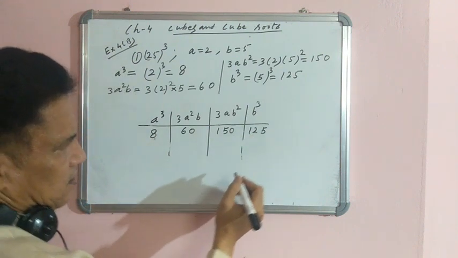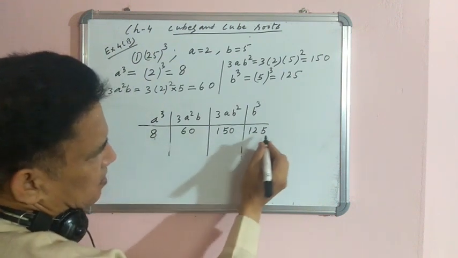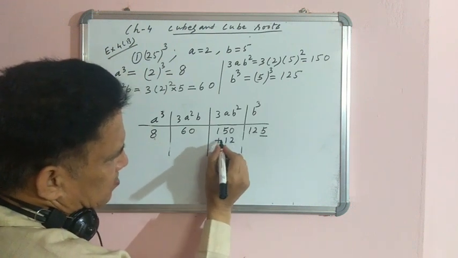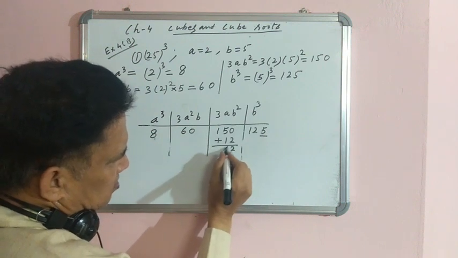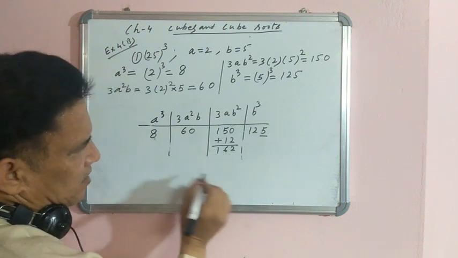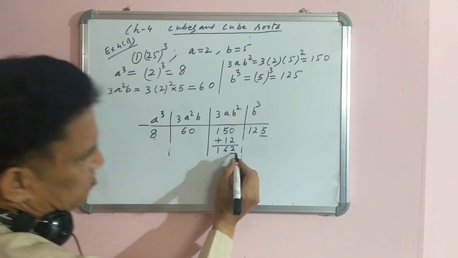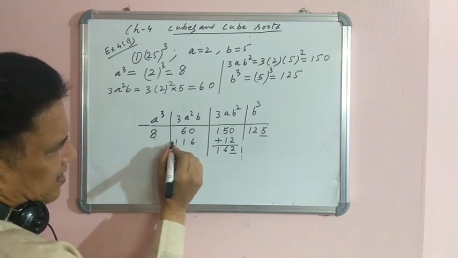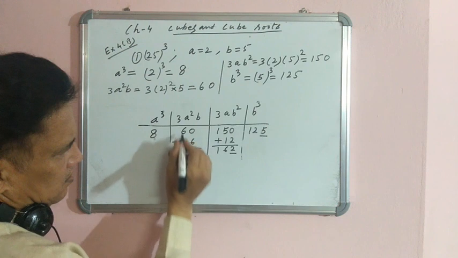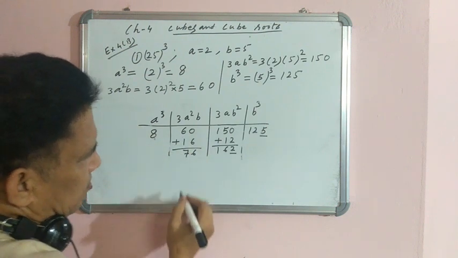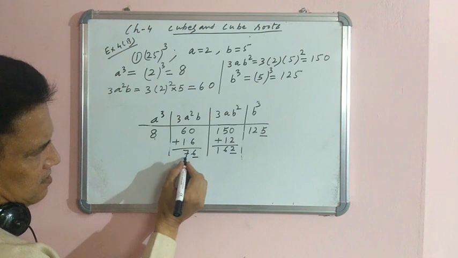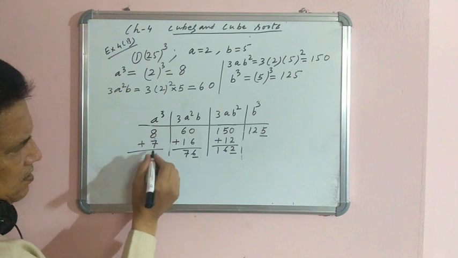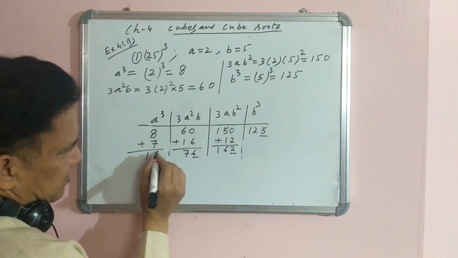Now underline the units place up to these columns here. 5 is there. Now 12 is left. We will take this 12 here. We will add this one: 2, 6, 1. Now whatever we have got, we will underline the 1-digit units place. Now 16 is left here. We will take this 16 here. Now add this one: 6, 7. Now 6 we will underline, then 7 we will take under 8. So 7 will be here. We will add this one, 8 plus 7. We are getting 15.